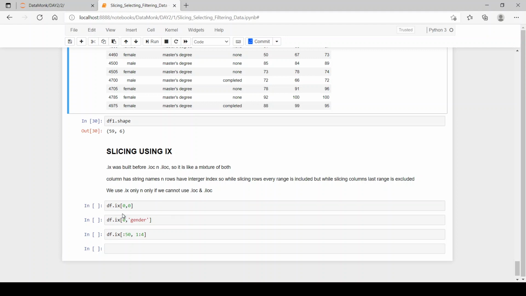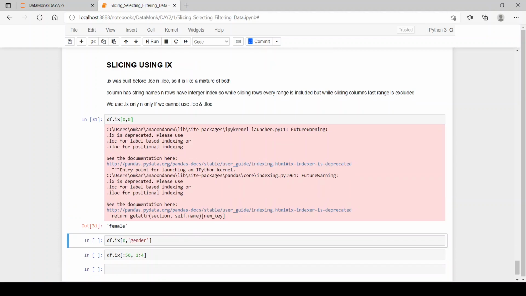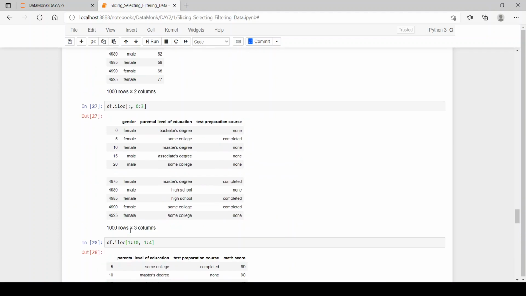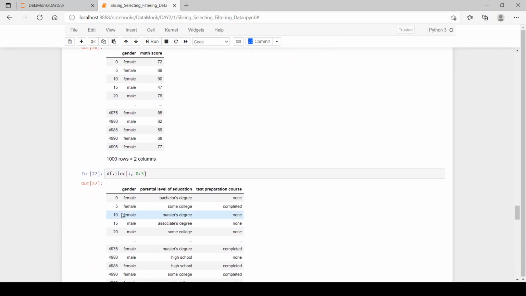But see over here, we can use integer as columns, and here we have integer as rows. So zeroth index of row and zeroth index of column, so we have only one value, which is female. As you can see, the zeroth index of row and the zeroth index of column has only one value, which is female.